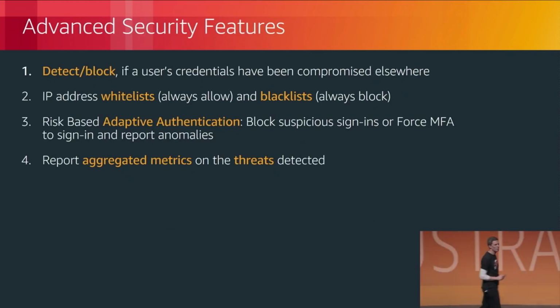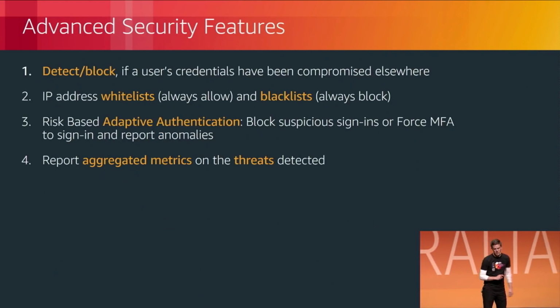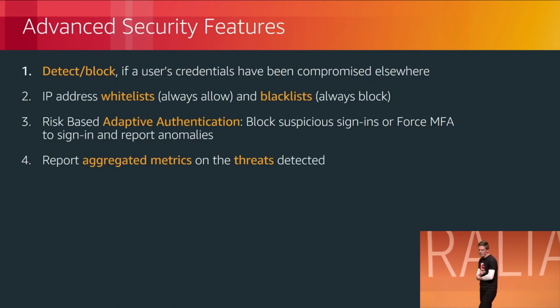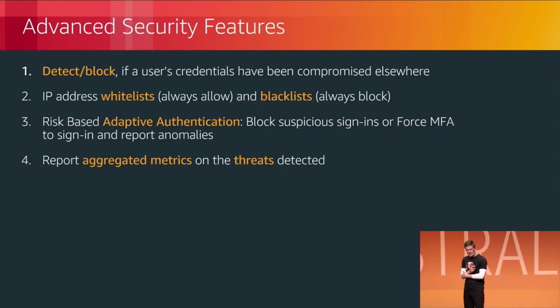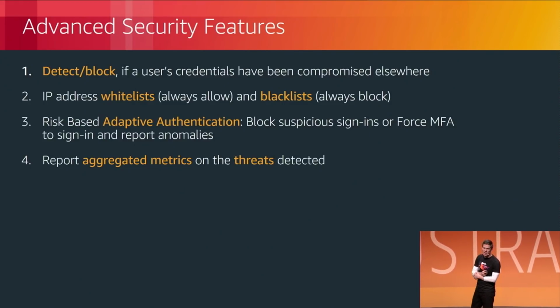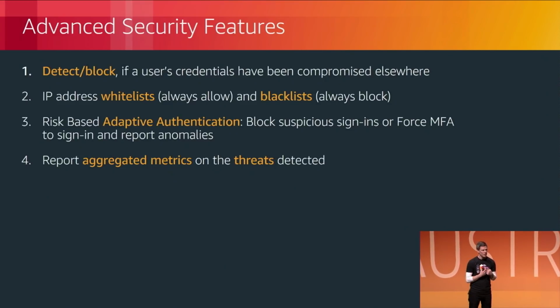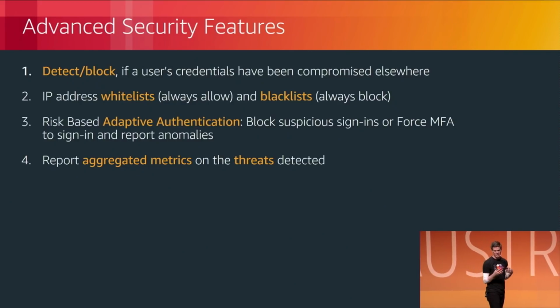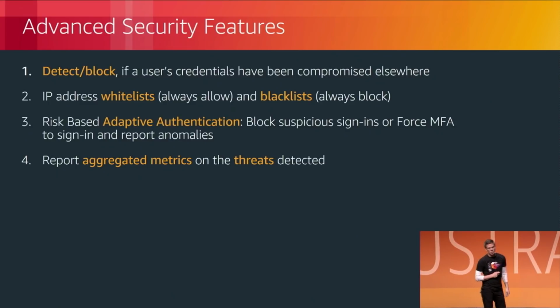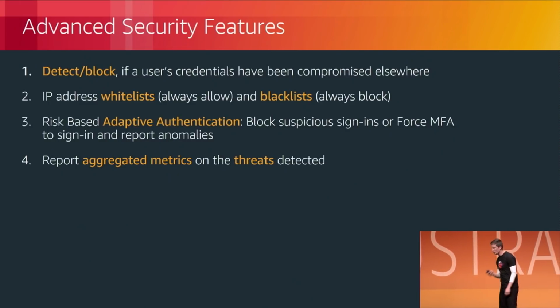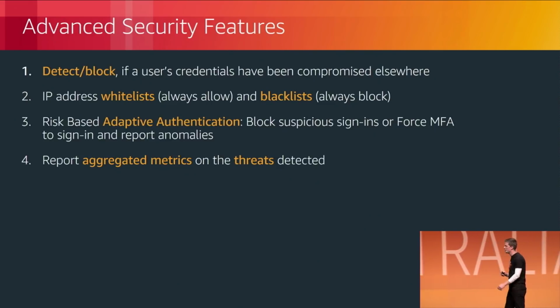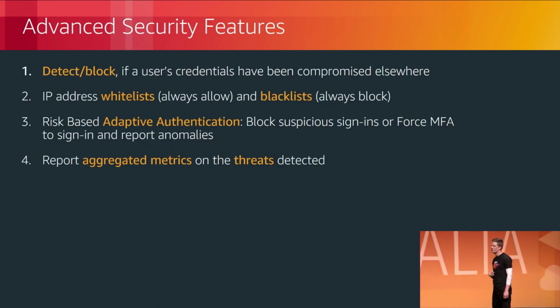So an identity management platform is really only as good as it is secure. We've got a few advanced security features with Cognito. One is we can detect if a user's credentials may have been compromised elsewhere, and we can block that user's sign-in. Furthermore, we can identify suspicious activity and then use adaptive authentication, or step-up authentication, to force a user to use MFA if their access patterns deviate from what we normally see. So we're going to see another awesome demo where Nirav plays the role of a deviant and shows us just what can happen if we identify him as a high-risk user.